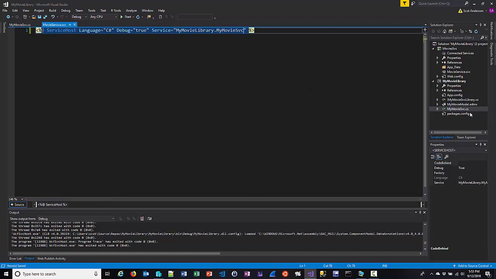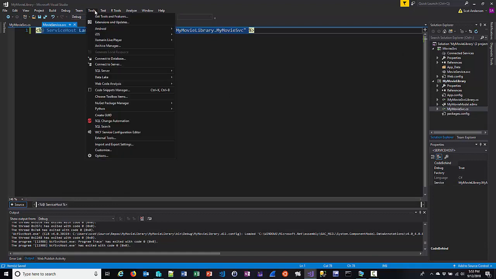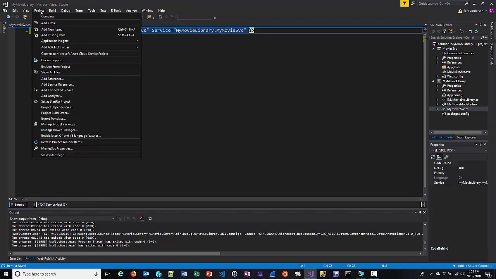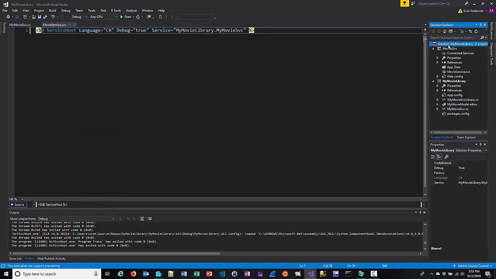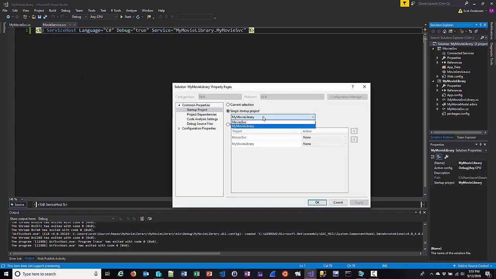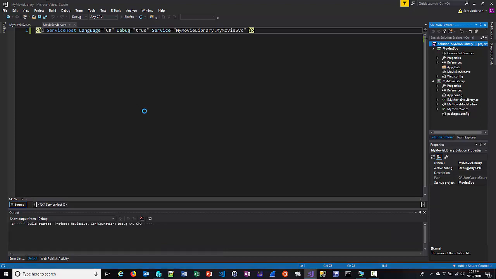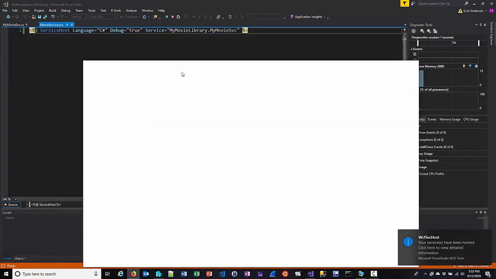Now at this point I can go in here to tools, or my project, sorry, project, and do properties or whatever. I just need to go to my solution properties. Let's do that. Solution properties, and my startup project is going to be movie service. I'm not going to start up the other project because it's just a library and I don't need to. So when I do that, it actually is going to start up in Firefox,